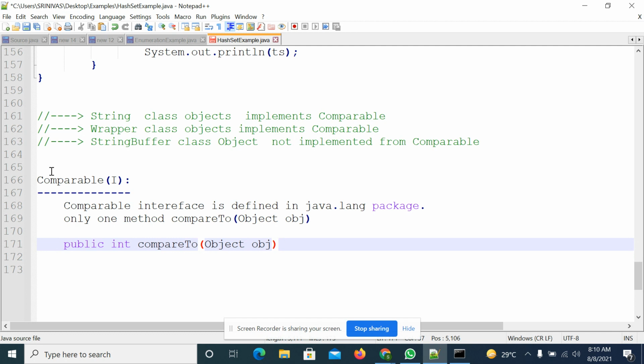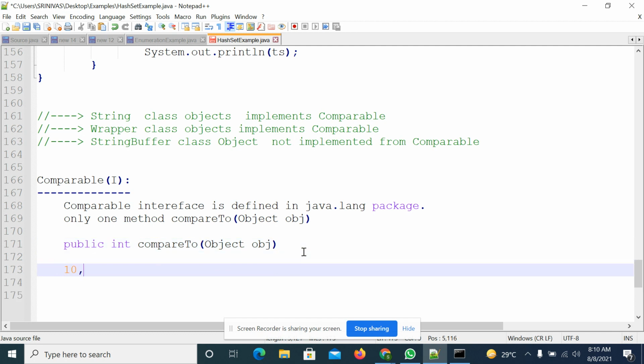So this is method prototype. How this method will work, we will try to learn now. Suppose you are trying to insert 10 and 20 values. Consider only two values you are trying to insert. First, the 10 value will be converted into an integer number, and the 20 value also will be converted into an integer number. That means integer class type, integer object and integer object, not primitive types. At the back end, it will be using the autoboxing technique, where the primitive number will be converted into wrapper type. So this is an object, and this is also an object, integer object, integer object.